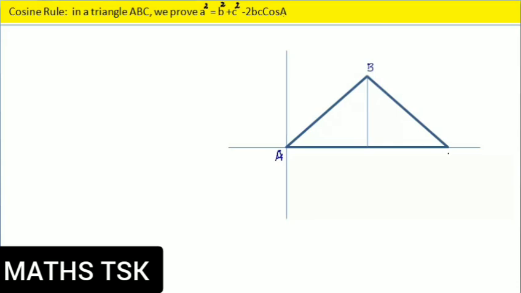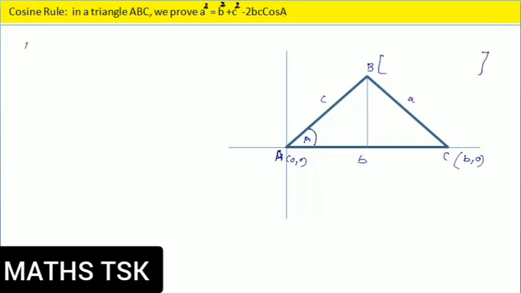and this as C. Here the angle is A. Here the angle is A. This is small a. Since if you consider this as point 0, 0, this as B and this as C, the coordinates of C becomes at a distance of b unit, so it becomes b, 0. And what will be the coordinates of B?